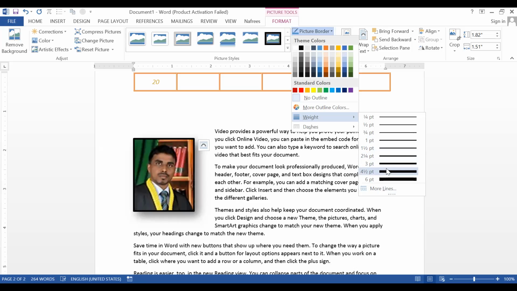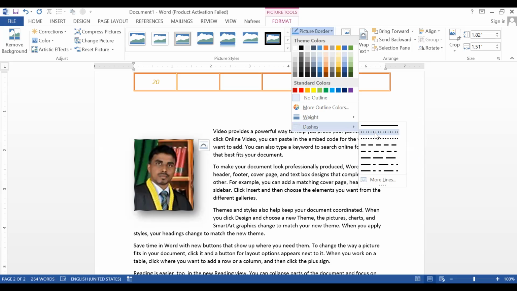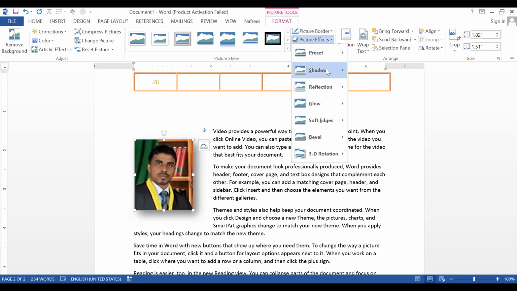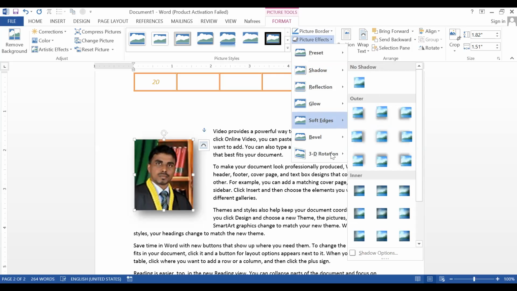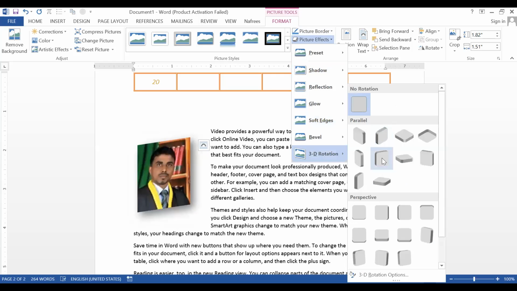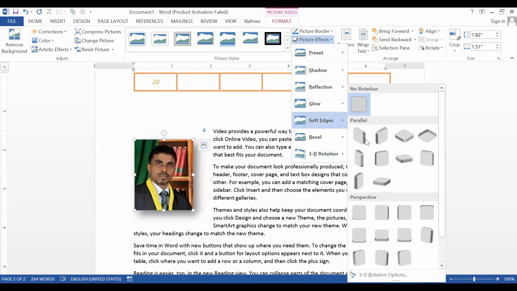Okay, then you can find any line that you wish to create, and here this is the border style, how it should be, whether it is dot line or dash line or straight line. So these things you can select here. Okay, the next thing, the picture effect. If you want to create a 3D effect, look at here, these will help you to create those kind of things. Look at here, this is 3D effect. So you have to select anything from this one.